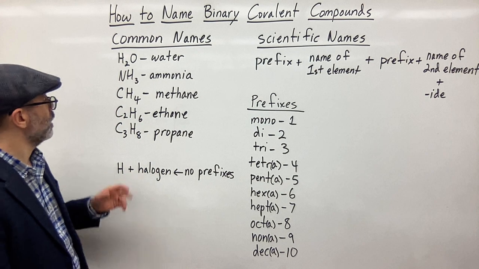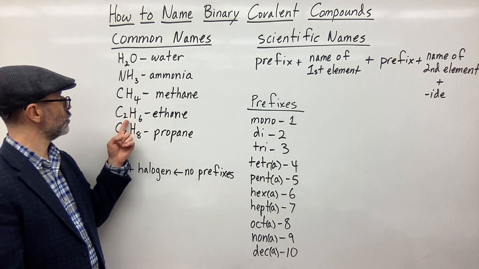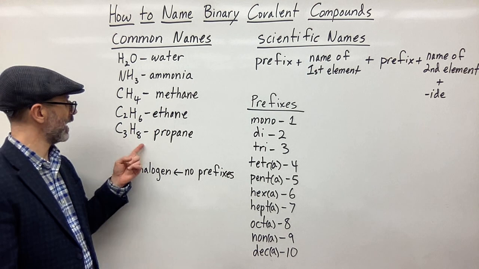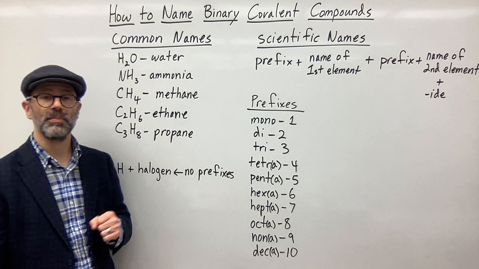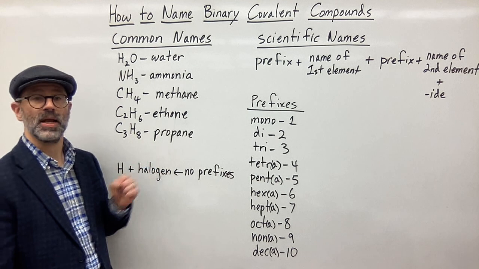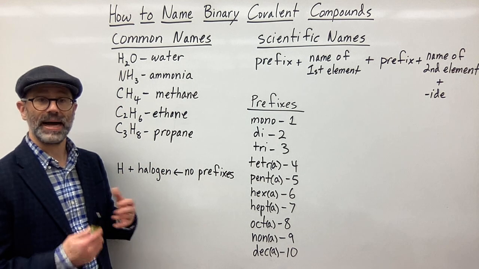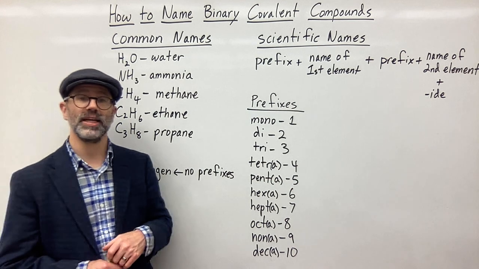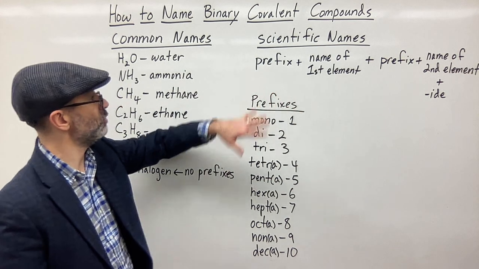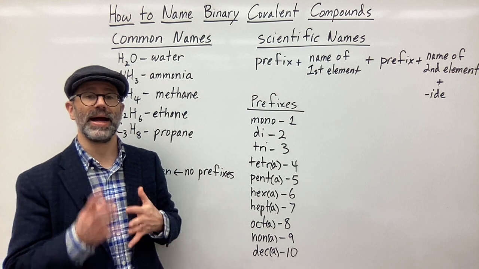So CH4 is known as methane. C2H6 has a common name, ethane. And C3H8 has the name propane. So these are common names of these substances, but there are also scientific names that you can give to certain binary substances using this system here. So when you're naming your binary covalent compound, let me just go back and explain